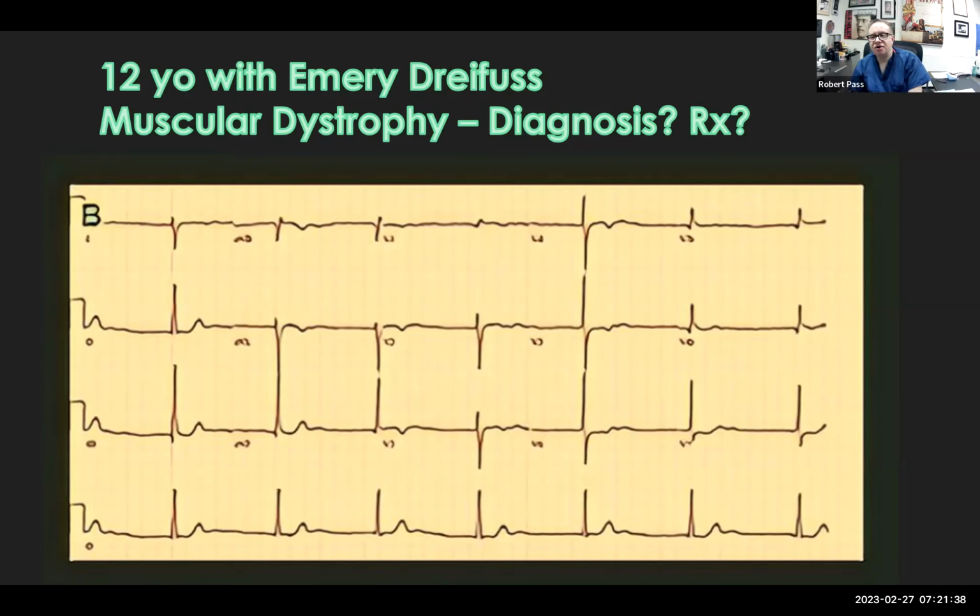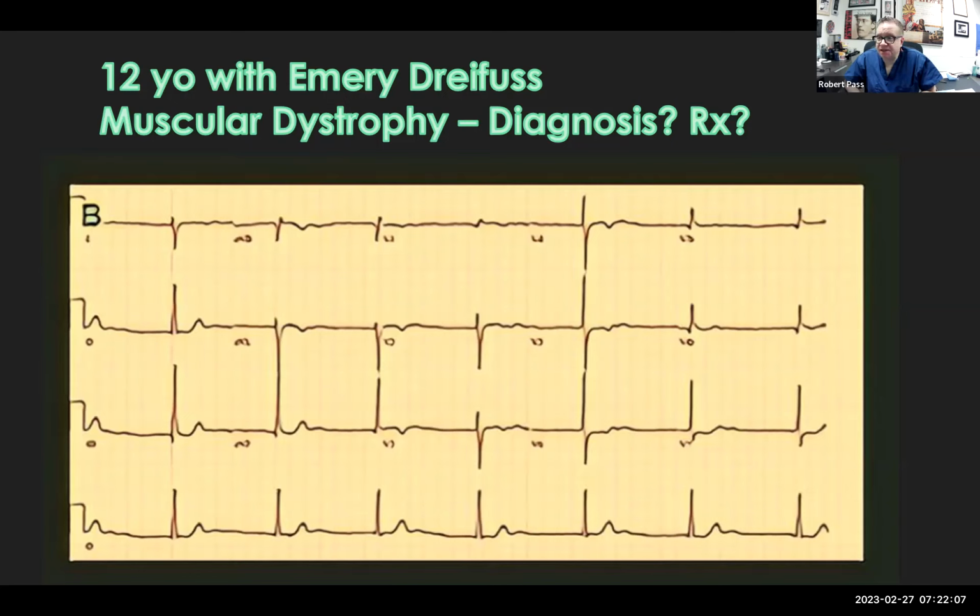Do you know anything about Emery-Dreifuss muscular dystrophy and arrhythmia in general? Somewhat obscure question, so no discredit if you don't know the answer, but it is an important thing to remember. Yeah, I just know that it's a muscular dystrophy. So all muscular dystrophies, right, are theoretically associated with cardiomyopathy, but Emery-Dreifuss muscular dystrophy is actually, you're